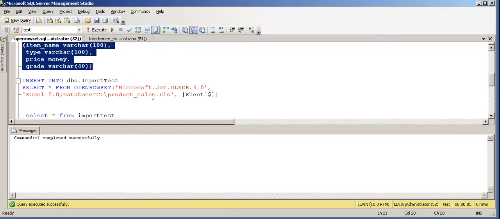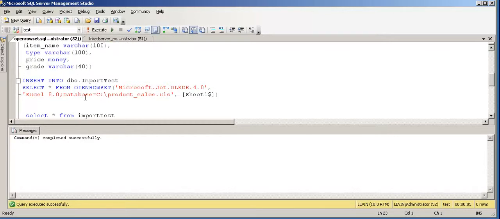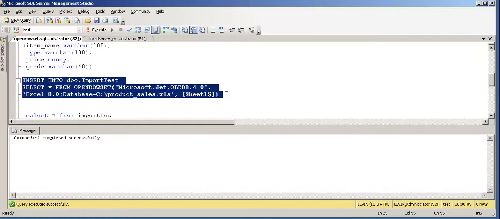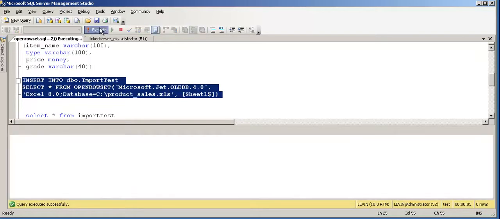And this is the sheet name, the sheet the data is coming from. The other things are the version of Excel and the driver you are using. Here it is, and let's go and execute this insert statement, and we will see that some rows have been created. It will show us.